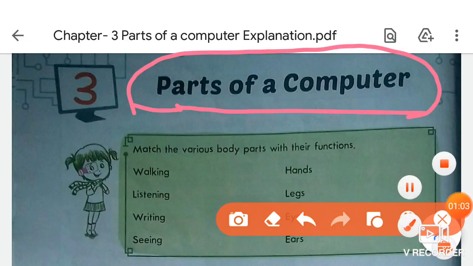So students, in this chapter we will learn about the different parts of a computer.